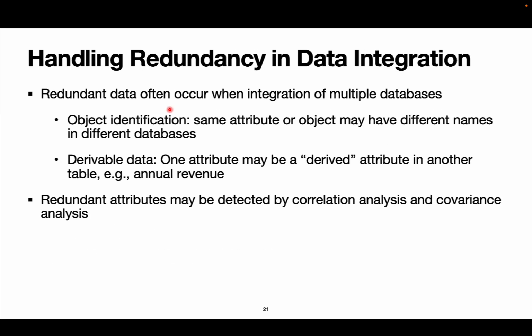Dealing with data redundancy is another challenge because when values are stored slightly differently in two databases, they don't get integrated. They are just integrated as two entities. So those need to be identified. Another example is derived values versus storing absolute values. So many methods like correlation and covariance analysis are implemented to deal with these issues.